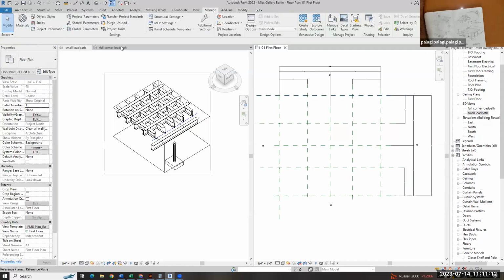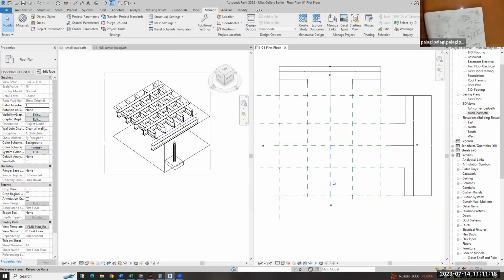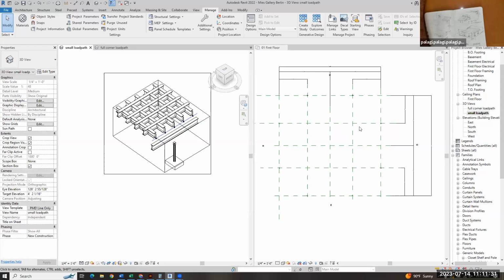Remember I was saying I can't find the panel? It's called global parameters. That's where all the stuff you can edit and change is. I'm not going to deal with that, but there is a way to do it in the project so that if we change the overall width, the proportion of the oak cantilever would stay the same. That was kind of a fun goal. That way, if you made it bigger or smaller, the proportion would stay the same. But regardless of that,